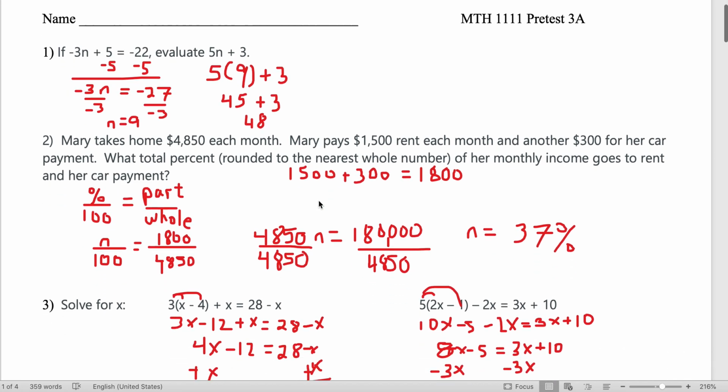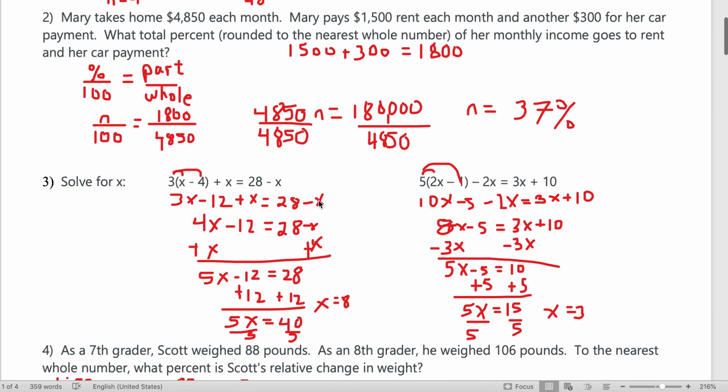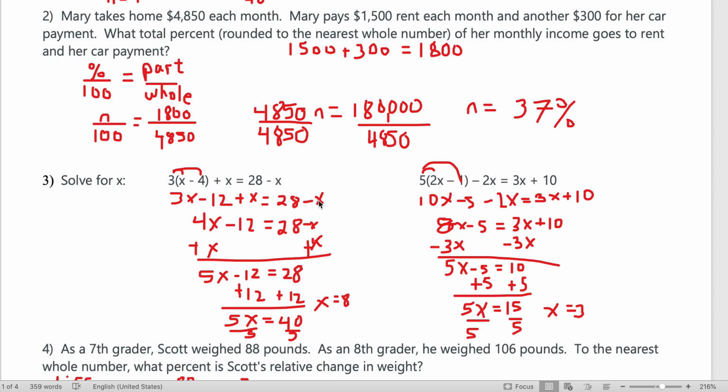Number 2. Mary takes home $4,850 each month. She pays $1,500 for rent and another $300 for her car payment. What is the total percent, rounded to the nearest whole number, of her monthly income? What percent goes to rent and her car payment? So the first thing I needed to do was add up the rent and the car payment. They add up to $1,800. And percent is always the part over the whole. So $1,800 is the part that's going to the car and the rent, divided by the $4,850 of income, cross multiply,